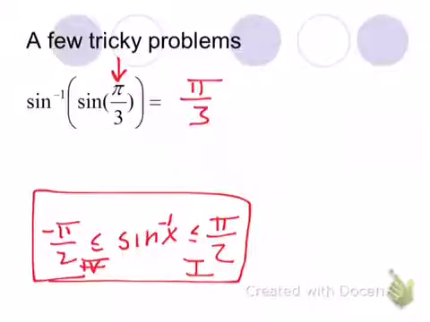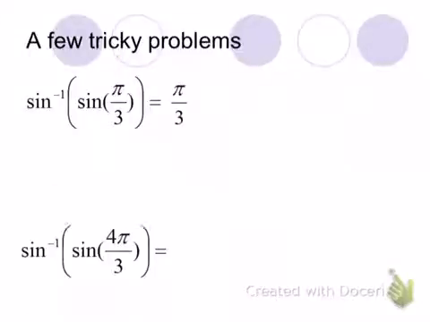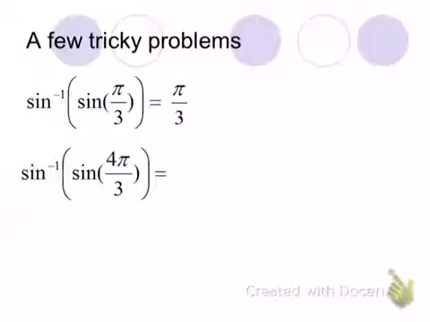All right, so let's look at another example. Inverse sine of the sine of 4 pi over 3. Sine of 4 pi over 3. That's 3 pi over 3 plus another pi over 3. This is firmly into which quadrant? Quadrant 3. And the inverse sine is not going to send it to quadrant 3. It's going to send it to quadrant 1 or quadrant 4 in a negative direction. All right? So,